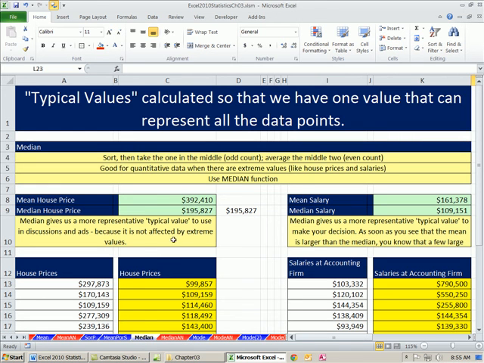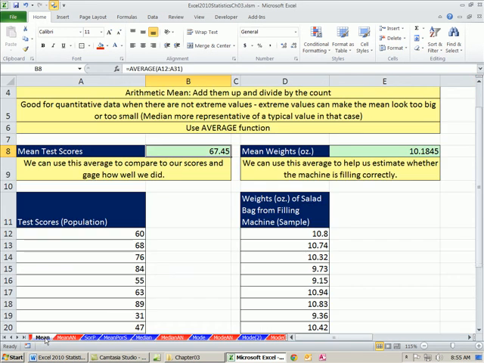We calculated the median. That's the one in the middle. Median is great when you have extreme values. And we calculated the mean. The mean is the measure of an average measurement or a typical value. Sometimes they call it a measure of central location. This will be the one that's used most frequently when it's just regular number data, quantitative data with no extreme